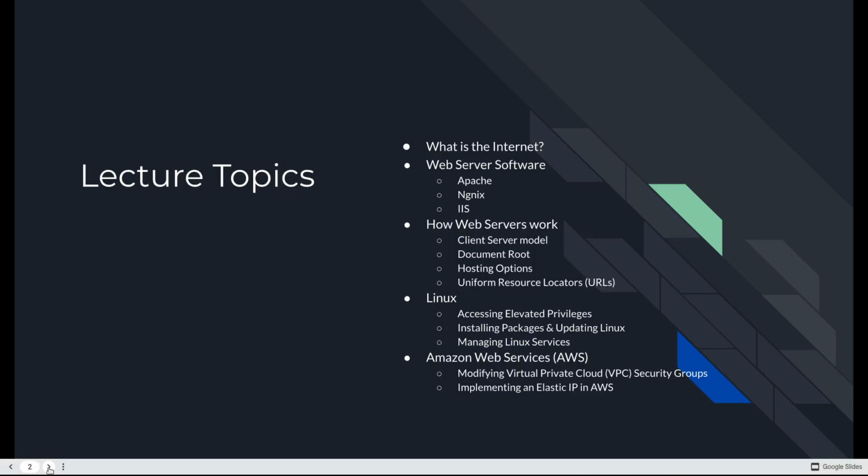So we're going to look at what the internet is. We're going to look at some different web servers or web server software that is in use: Apache, Nginx, IIS, and there's others. We're going to look at how web servers work, so the client-server model, document root, hosting options, and URLs, and